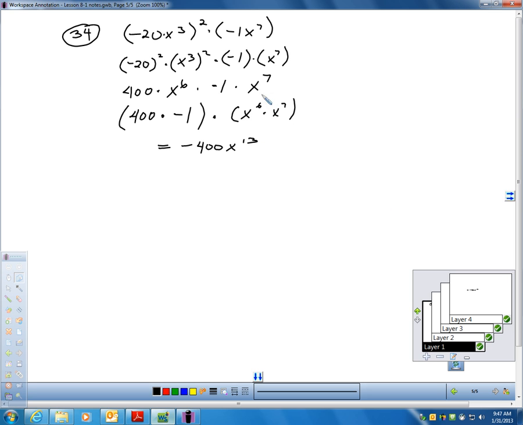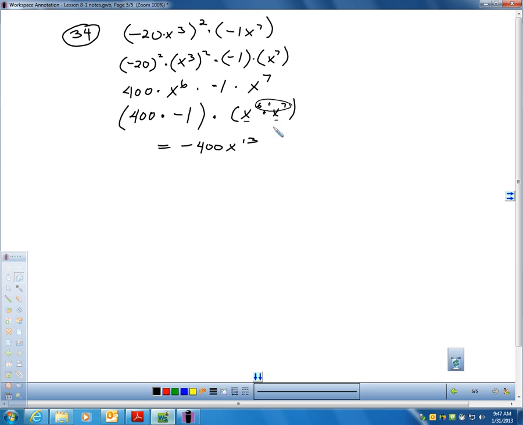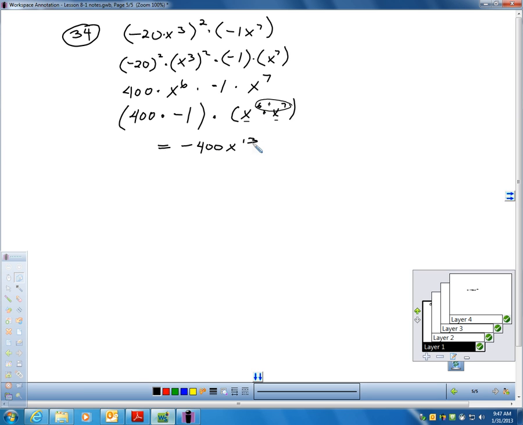And now here, remember, now here I'm using the first property that we learned in the video. I have two bases that are the same. Remember, if you're multiplying and the bases are the same, don't we just add the exponents? Don't we just add those? So that's where I'm getting negative 400x to the, that didn't show up very good. I'm going to rewrite that 13. It's not very neatly written. That's a little bit better. Okay, so I'm going to end up with negative 400x to the 13th. That's what you're going to be practicing in your book work today. Simplifying these expressions that are all going to have exponents in them, following the 3 rules that you were taught